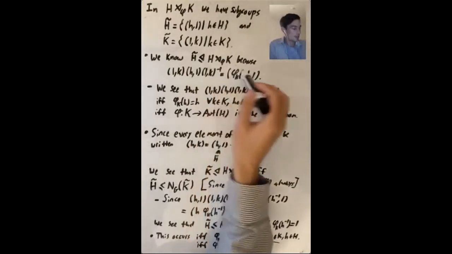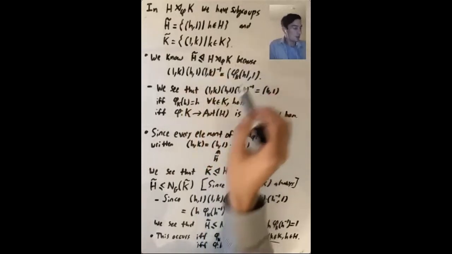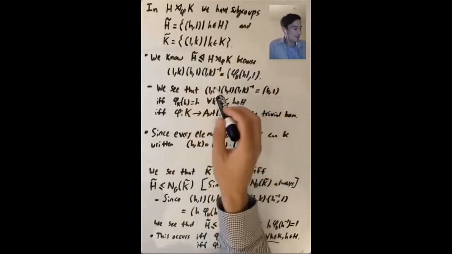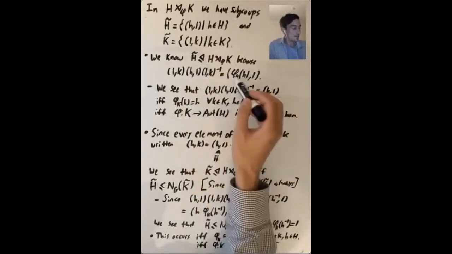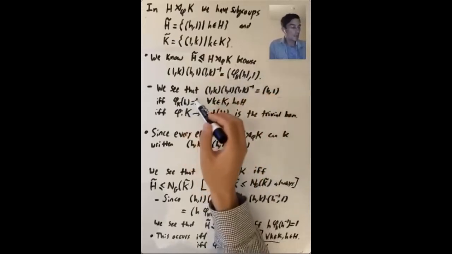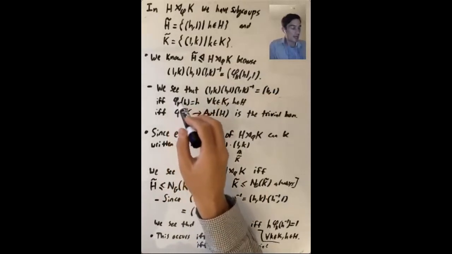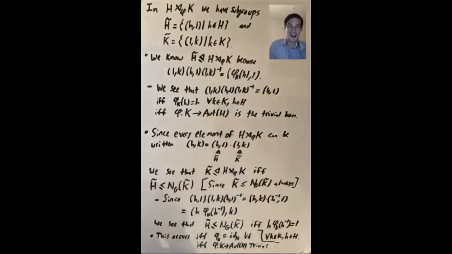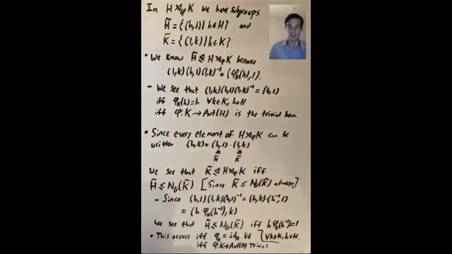Well, just using this formula, this element on the left is (H, 1) if and only if (1, K)(H, 1)(1, K) inverse is (H, 1). That means that this phi K applied to H always has to be equal to H for every K in the group K and every H in the group H. But that means that for every K, phi K is the identity